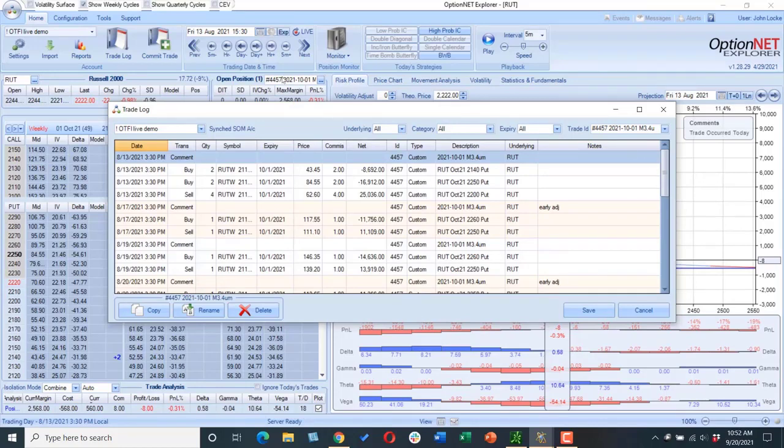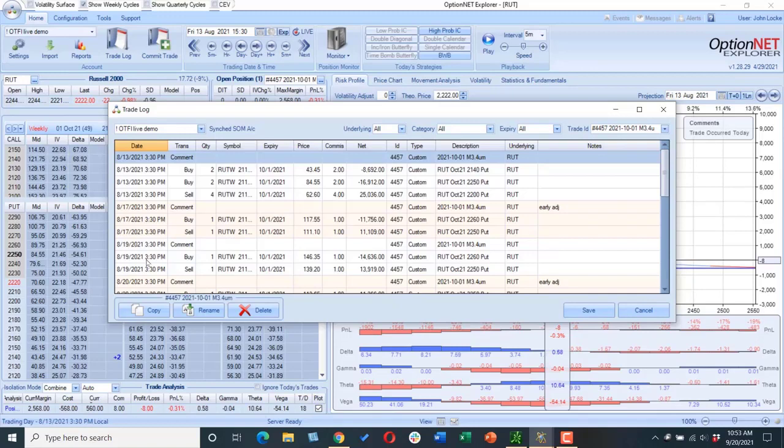Usually if I put something on OptionView, it's just for a demo. So here, you'll notice if you go back into the Skype group that I put these on at different times of the day. Everything's at 3:30 here. I actually have a reason for doing that. One of the reasons is to compare execution from just putting the trades on in my backtesting software at a certain time versus what I'm doing live. I want to see if I'm executing better or worse than what this is telling me.